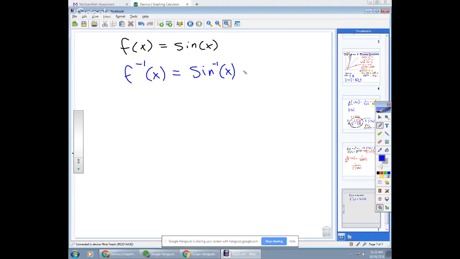I hate this notation, because it leads people to want to flip the sine, which is not what I'm saying here. That's why I hate this notation. The better notation would be calling this the arc sine of x. On some computer systems, they just abbreviate that asin,